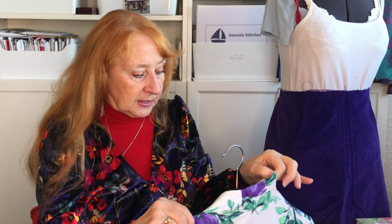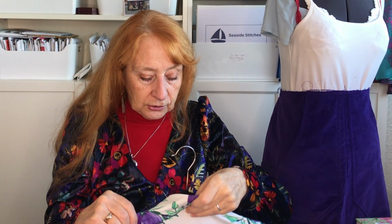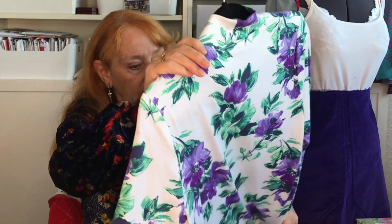But I'm pleased with the fact that I've tried it, that I'd cut the neckband a bit bigger because I don't like a tight band, a tight neck, but it was just drooping a bit. So yesterday I finally recut the neckband, which is what I've been going to do for weeks. And thank you again to the person who left this on the swaps table at the first social sewing that